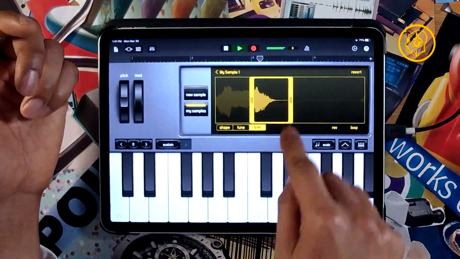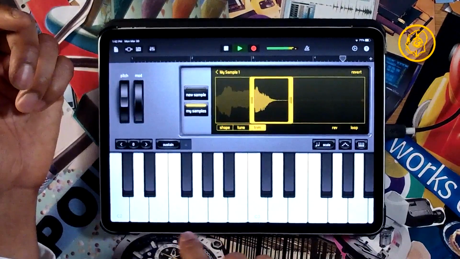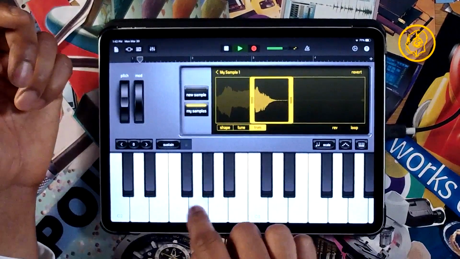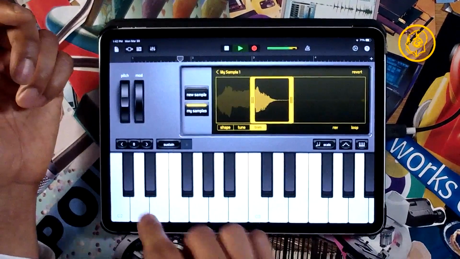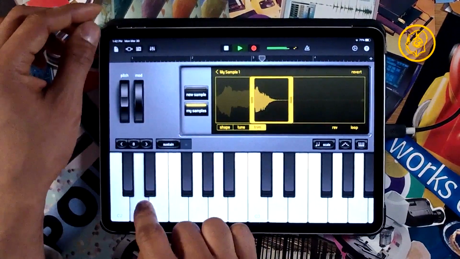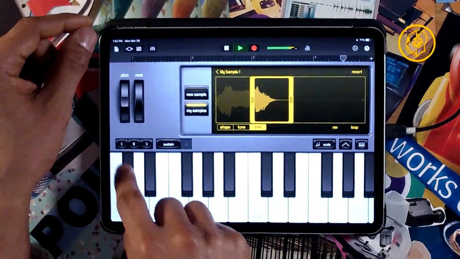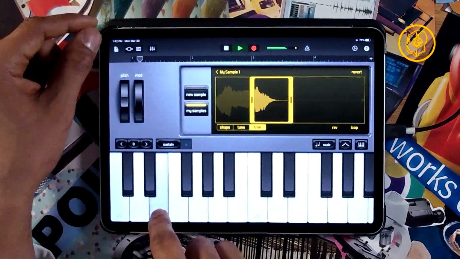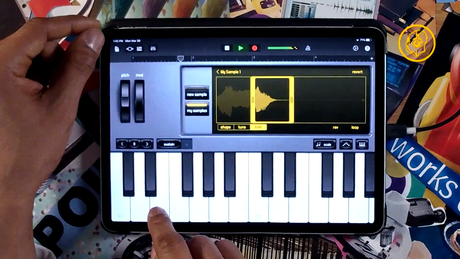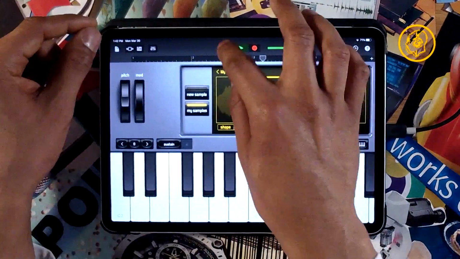Trimming the rest of this sample. Like that.